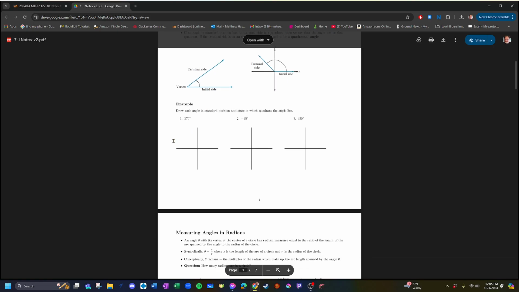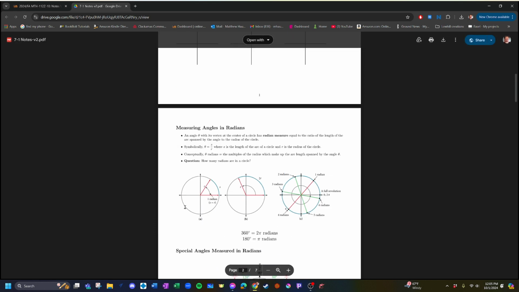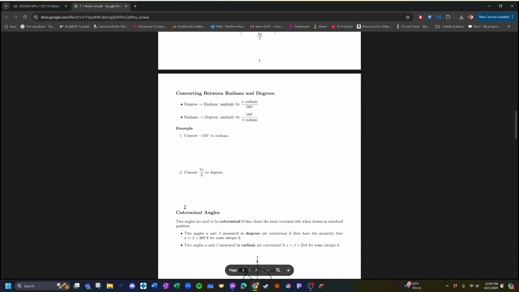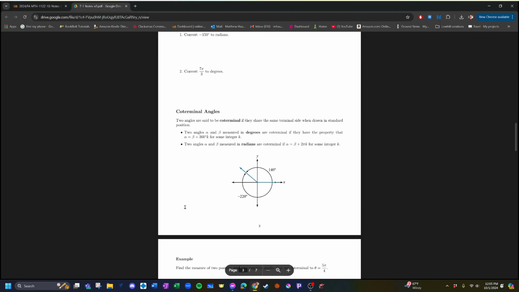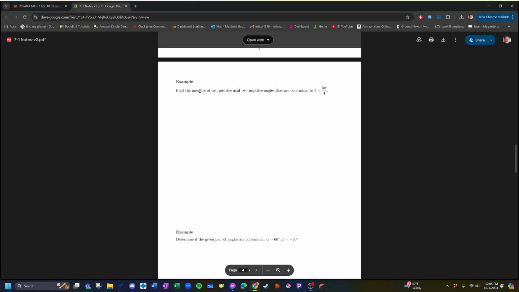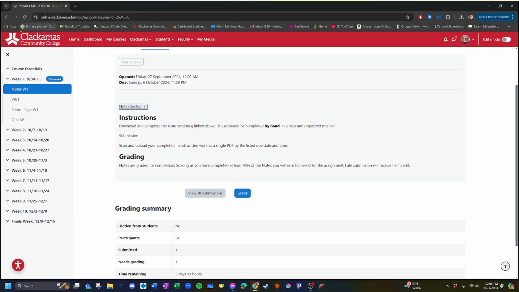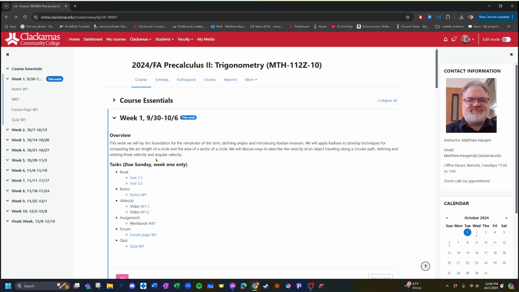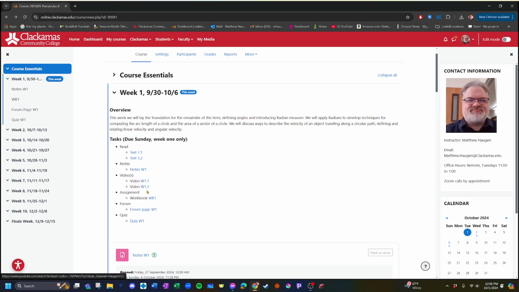I do recommend grabbing those notes and trying to, based on the reading you did, go through and do as much as you can. It'll help you figure out how much you got out of the reading. It'll help you organize your thoughts, and it'll help you learn from that process. But once you've gone through and done what you can, I've got videos that cover those notes and